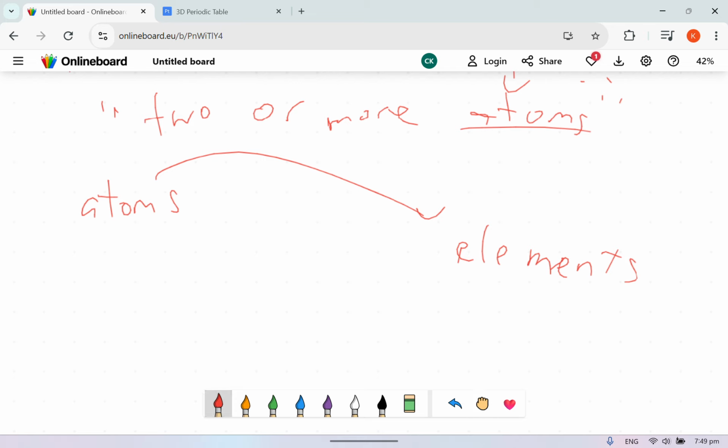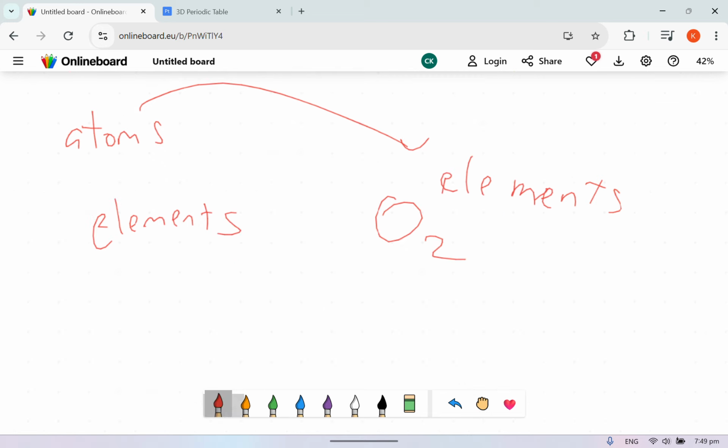And you may say, but wait a second, which is a big confusion a lot of people have. Wait, atoms all belong to elements, but what if it's not complete? Like, some elements are diatomic, right? Example, O2. O2 is diatomic. It is made of oxygen atom number 1 and oxygen atom number 2.